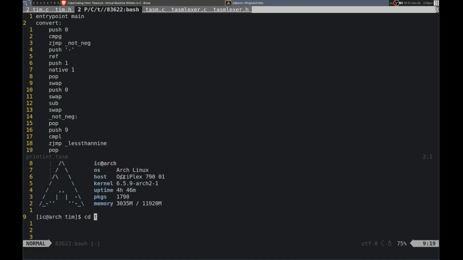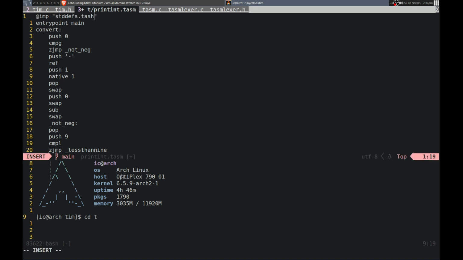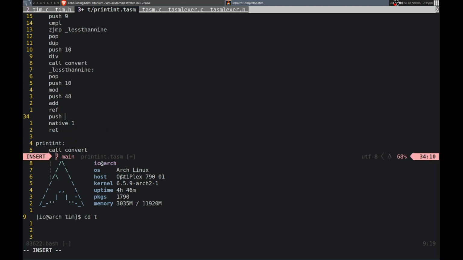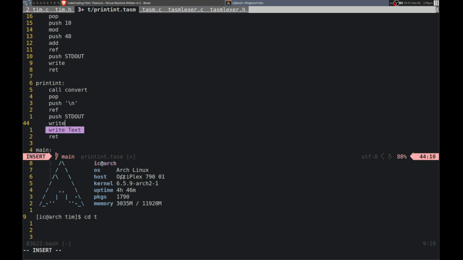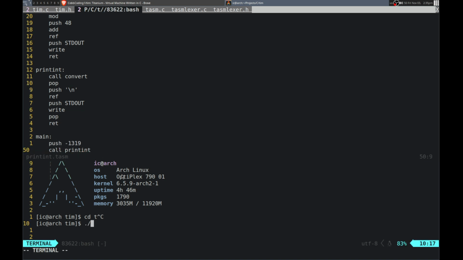Actually, let me import standard defs.dash. And then we can replace this with route and this with standard out. And let's see, where else do we call native? Reference, yeah, so here, standard out, and then right. And here as well, we do that. Standard out, and right. And there we go. Okay, so now if I